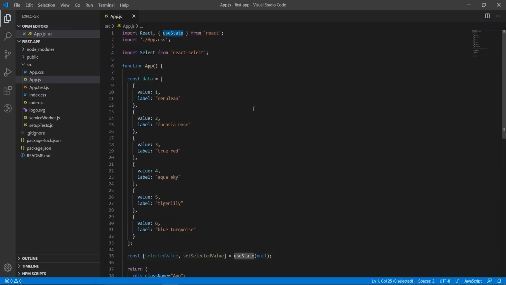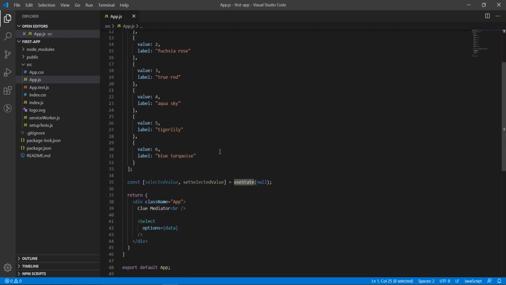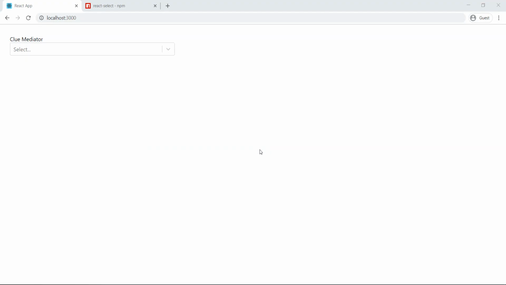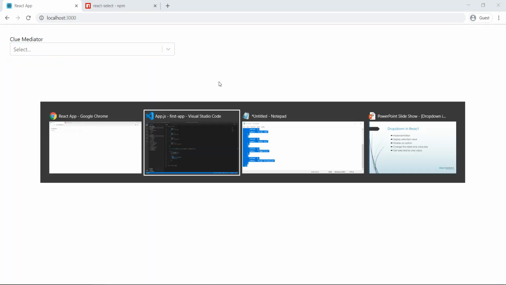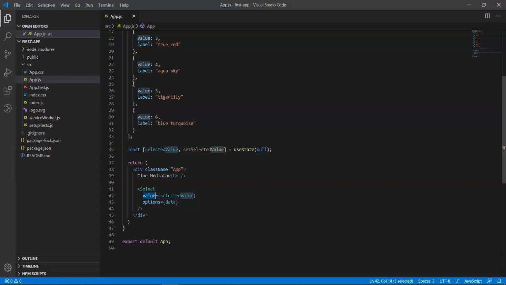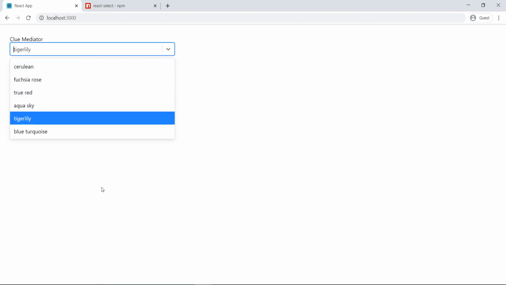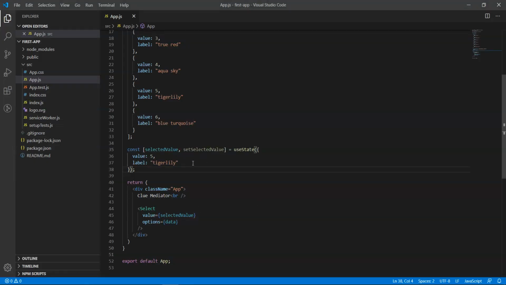This useState we can import from the React library, and now I am using these variables for selection purposes. React Select provides one attribute called value, where we can assign the selected value. By default right now it's null. Let's check it. Okay, it's null. Now I'm going to use one of the items from the list here. Copy the object, paste it over here, and we'll see. Yes, it's coming properly.